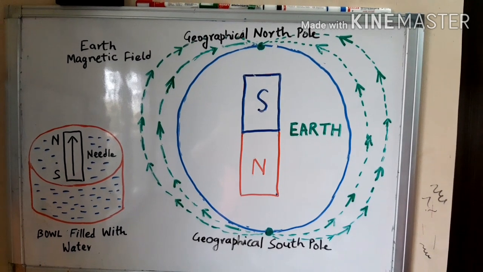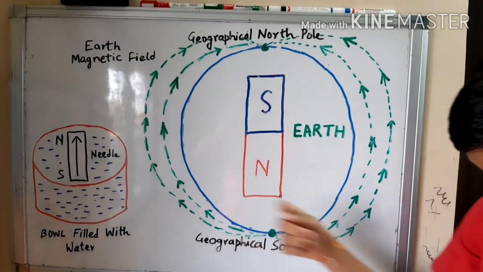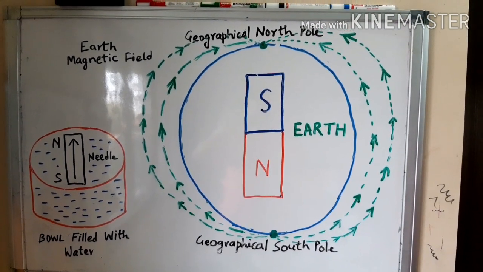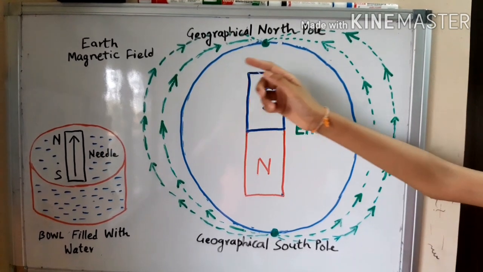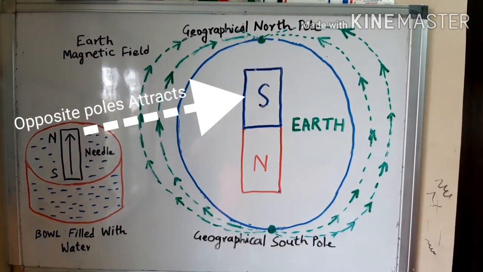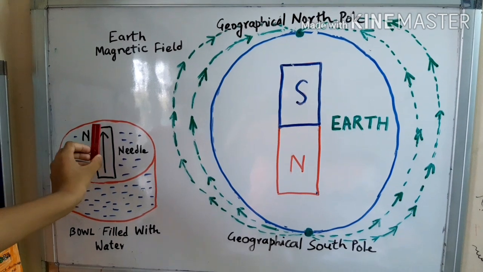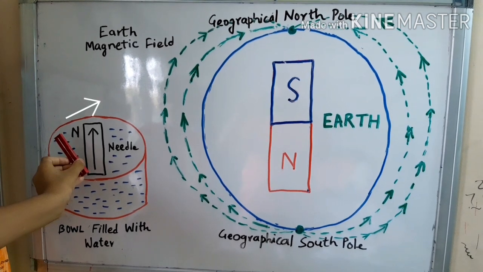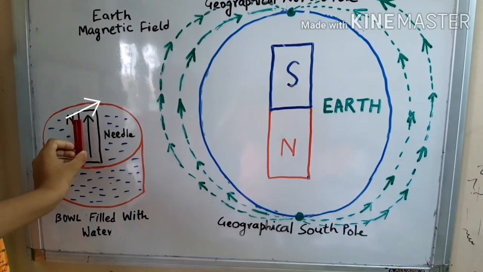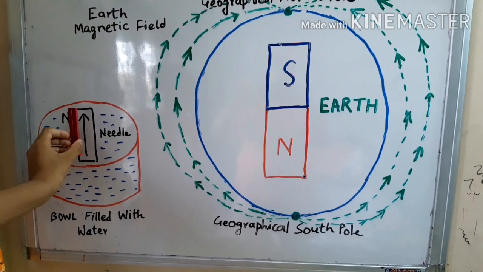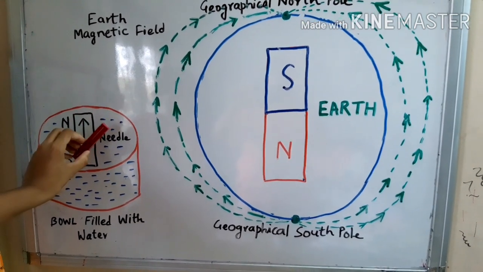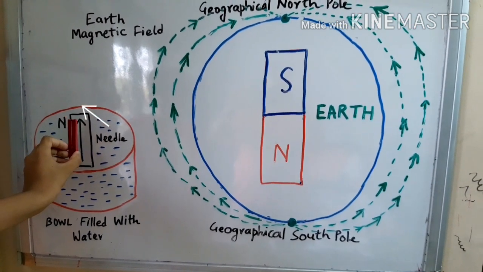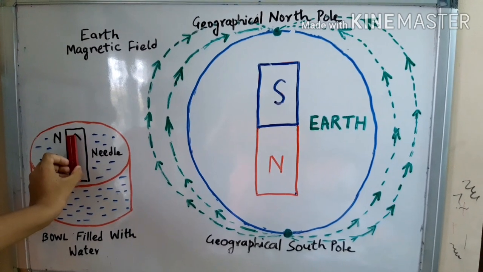This is the magnetized needle having the north pole and south pole. As we know, opposite poles of magnets attract each other, so the north pole of the magnetized needle is attracted by the south pole of the bar magnet and vice versa. So if we move the magnetized needle like this, the needle will move clockwise and align itself with the Earth's north-south pole. And if we move the magnetized needle like this, the needle will move counterclockwise and again align itself with the Earth's north-south pole.